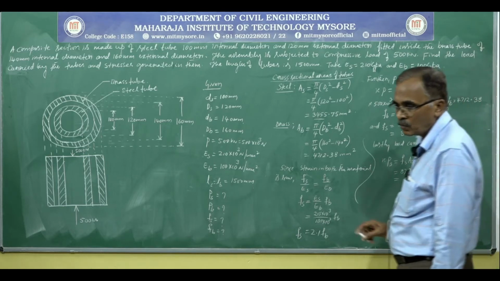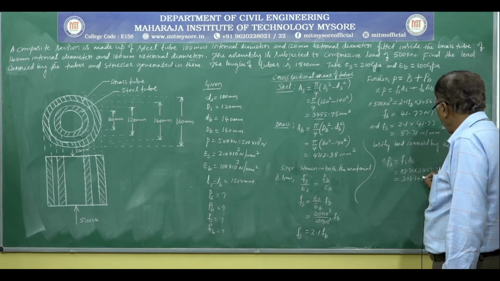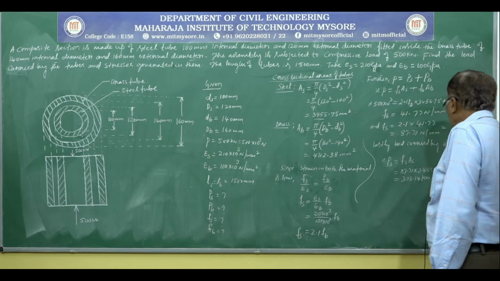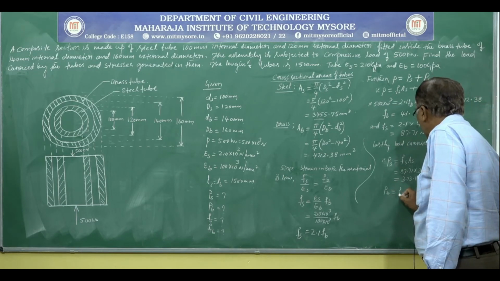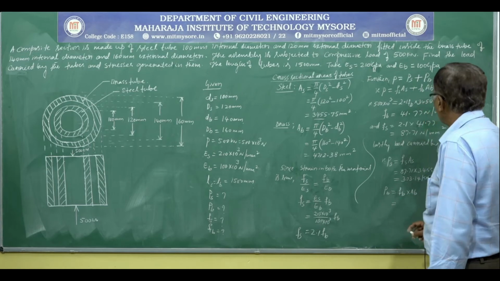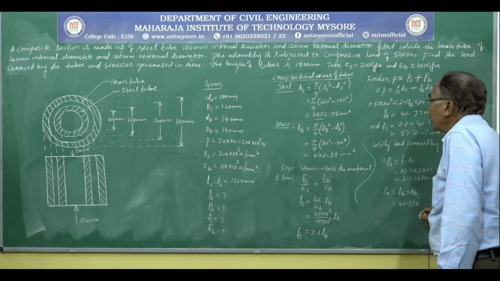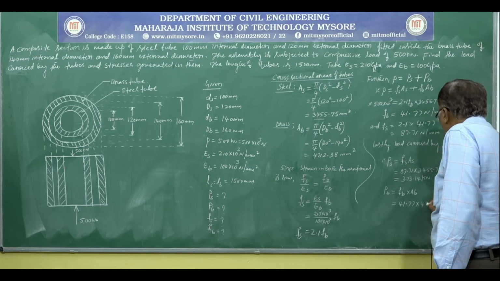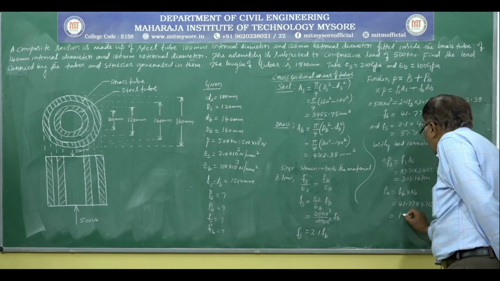So, Ps is equal to 303.14 kilonewton, or into 10 power 3 Newton, and Pb is equal to fb into Ab, that is equal to 41.77 into 4712.38, that is equal to